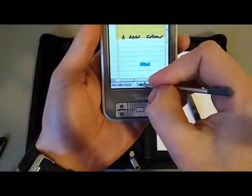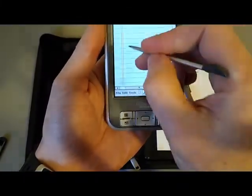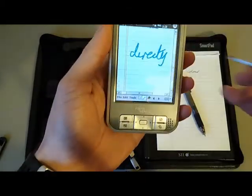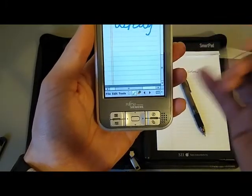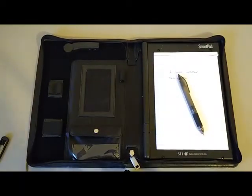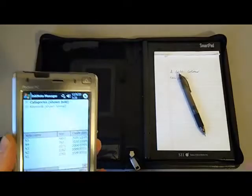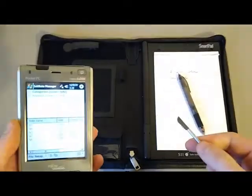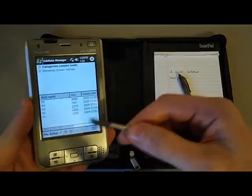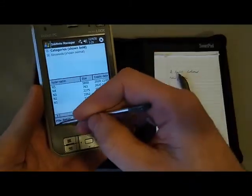ordinary stylus, and you can simply write on the screen directly. So this allows you to create notes without having to have the folio case. This is actually quite a powerful piece of note-taking software because of the ability to categorize things, change colors, change pen thickness. So actually, as a standalone piece of software, I think this is useful to have on your Windows